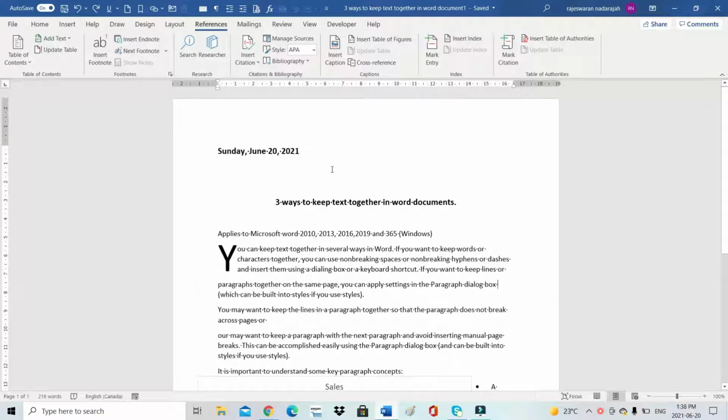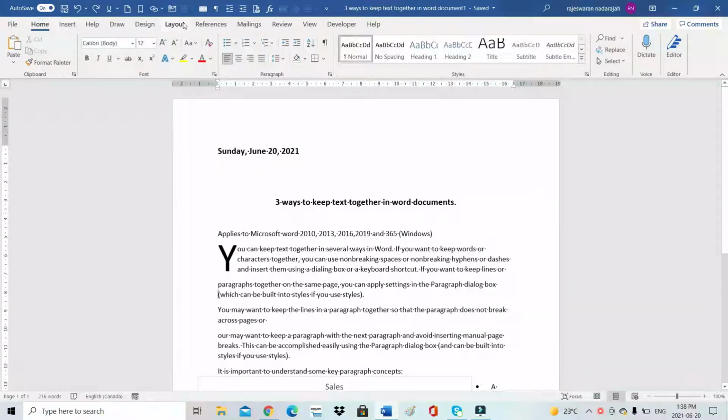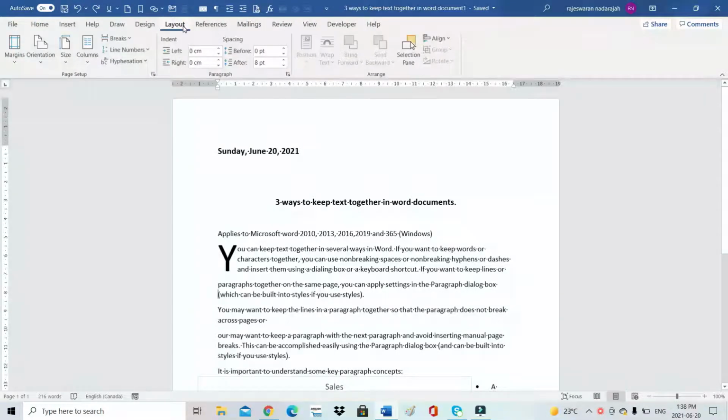Today I'm going to teach you how to do the line numbers. Go under the layout. If you want to get the layout, hold on a second, go to the home and then you can go to the layout, then you can go to the line numbers. Line numbers are important for you. Why?